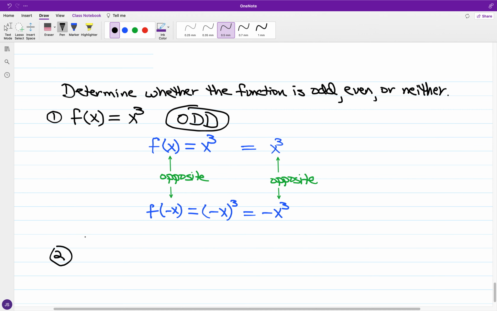As a second case, if I have f of x is equal to x to the 4th plus 3x squared,